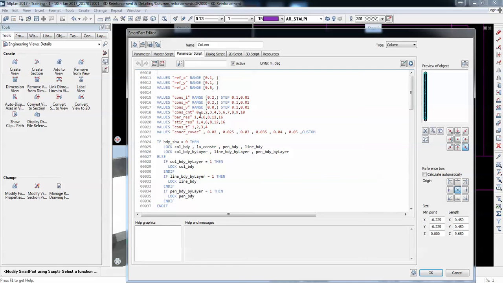Then there are parameters for some scripts for parameters. Reference XYZ is the start point of the drawing with this code. And there's a range, so there's somehow a limitation for the minimum drawing. Then there are values that come in a certain range and with certain steps.